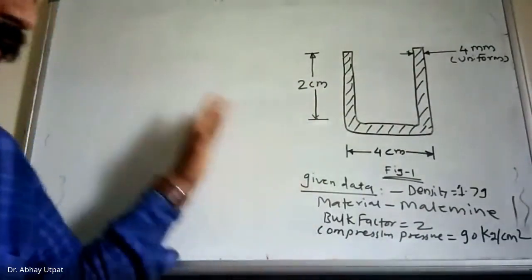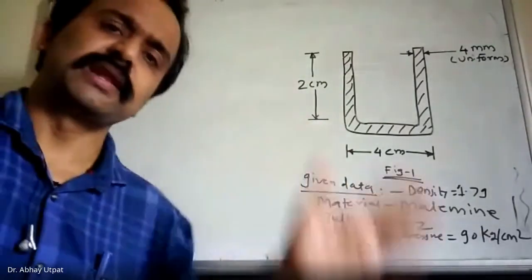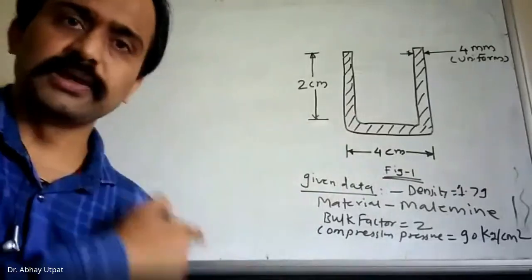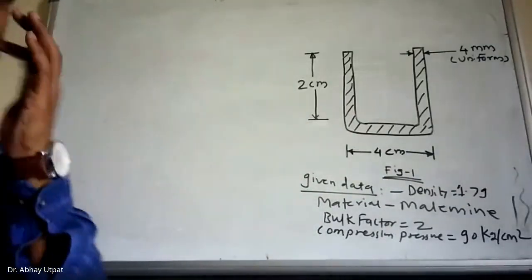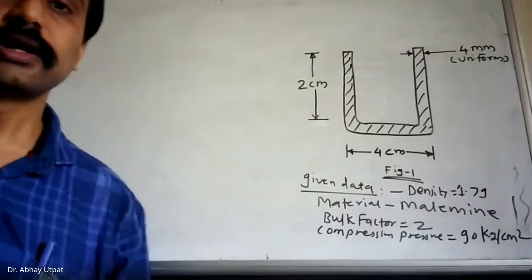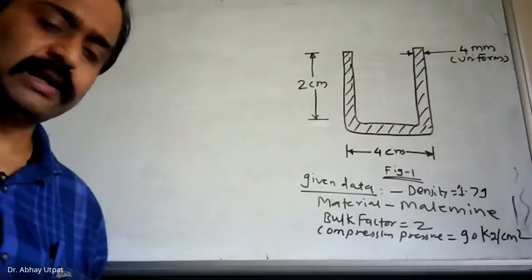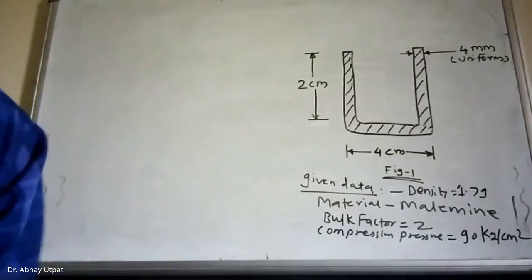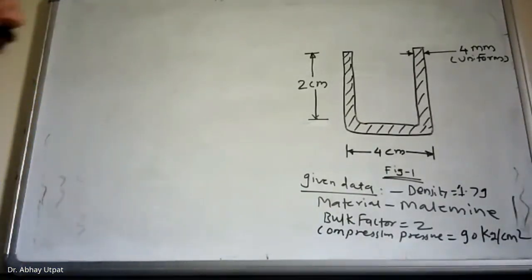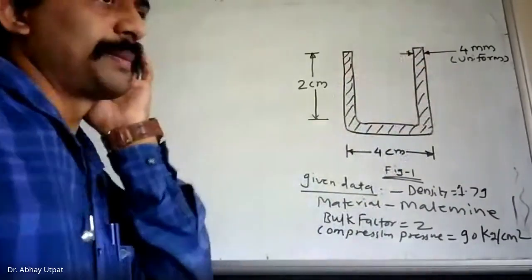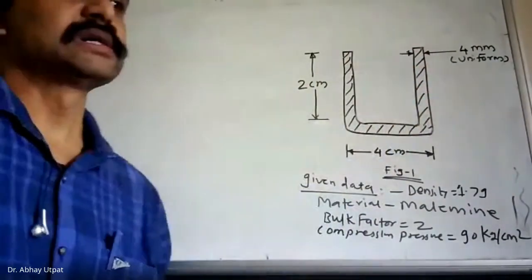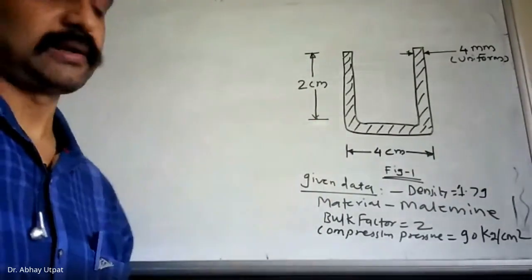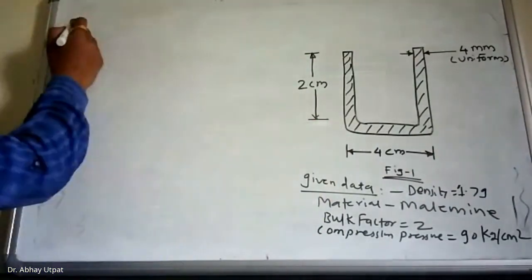Then flash thickness and other parts, there are many assumptions. So one by one we will proceed. You follow me, the way in which I am writing, in the same way you have to write it in your notebook. I will go on dictating and writing accordingly. So the aim is to design the compression mold for the given component. Our aim is how the compression mold will be designed for manufacturing maybe 10,000 or 5,000 components. This is your product. So start the solution.